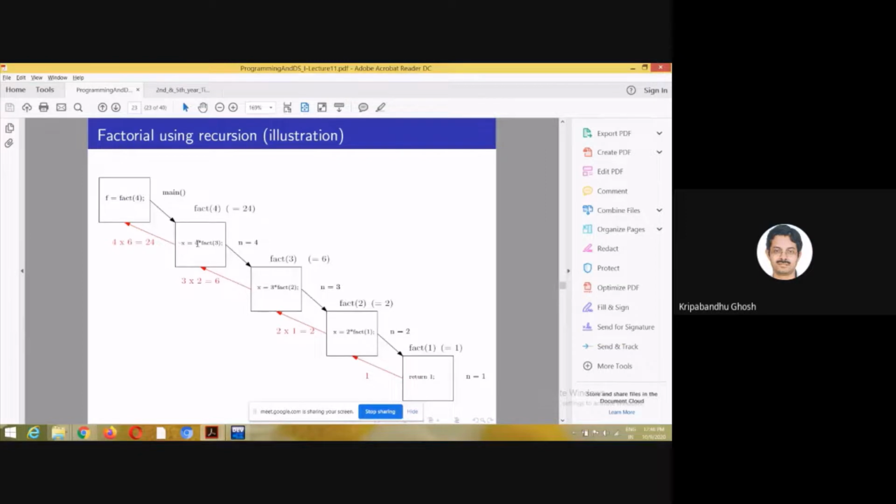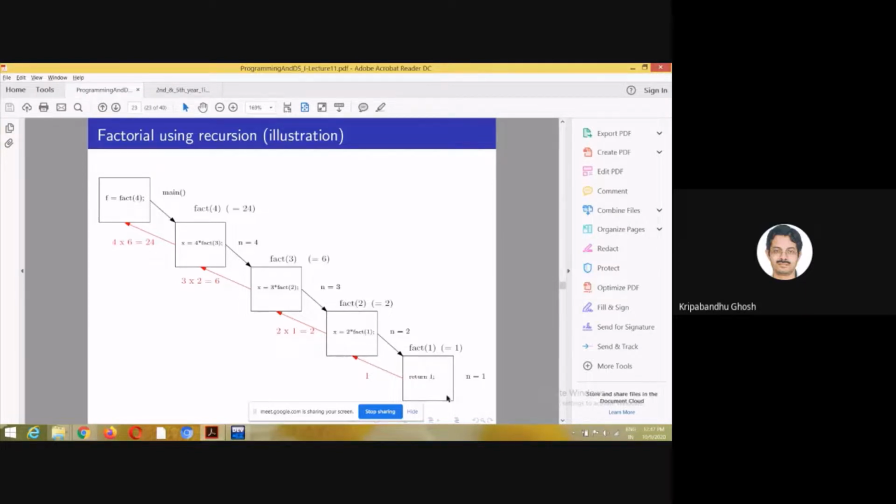So in x, what I am doing is 4 into factorial 3, but I don't know the factorial 3 yet. For that, I am calling fact again, but for n equal to 3. So the control is coming to the same function, but for a different variable, that is 3. In fact 3, I am doing 3 into fact 2. I don't know the value of fact 2 here, so I'm doing this call once again. Fact 2, right? So here I'm calculating 2 into fact 1. I don't know the value of fact 1 yet. So now I'm calling fact again for 1.